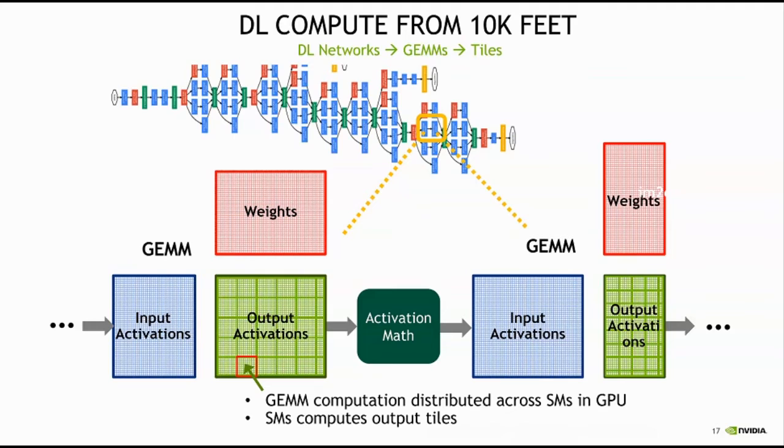So we have these matmuls, or rather the GEMM operations, for the WX plus B operation, which you see here, which is the input activation and the weights, right? You're just doing WX plus B in the simplest format, and then you're applying some kind of a non-linearity function, which is the activation math, right? Which is more of a pointwise function. So here you're not doing any matmuls, but you are just applying one single function on top of all the elements, right? And then you keep continuing with this chain across multiple layers, right?